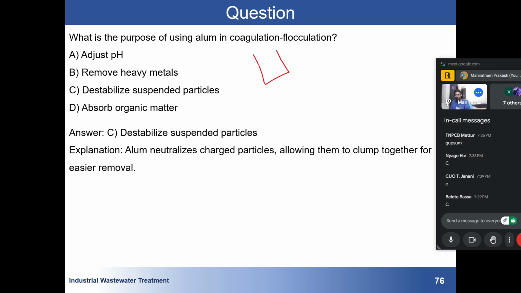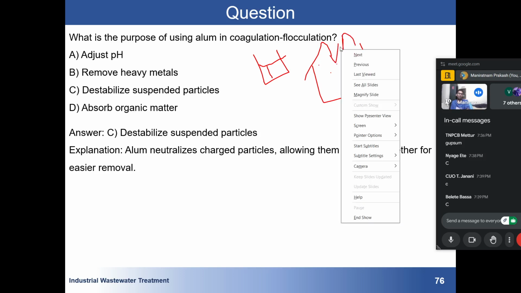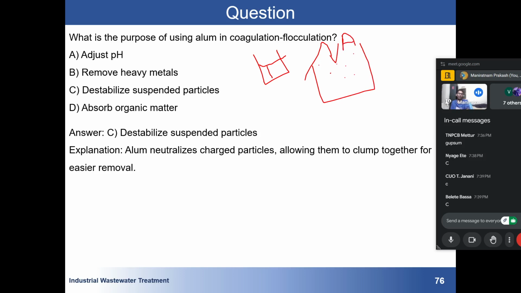First the wastewater will go into the settling tank. Here all the settleable solids will settle, but some solids will remain suspended. Okay, na, suspended solids. Due to their light weight or some other property, they won't settle, which means they are very stable. So we have to destabilize them. For that we add a coagulant, and one of the common coagulants is alum. As we add it, it forms a clump-like structure. Its weight will increase and it will finally settle down.